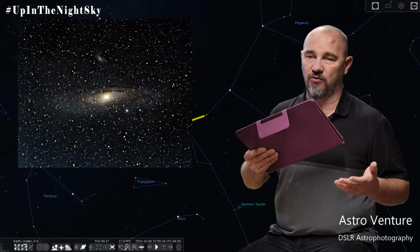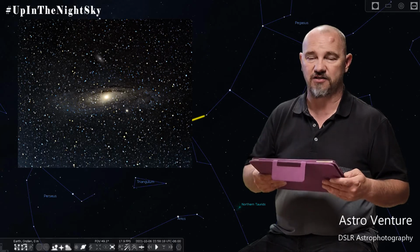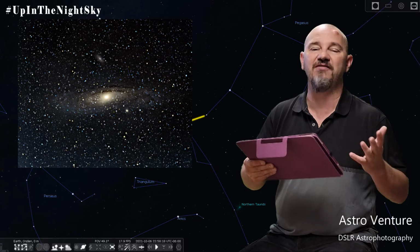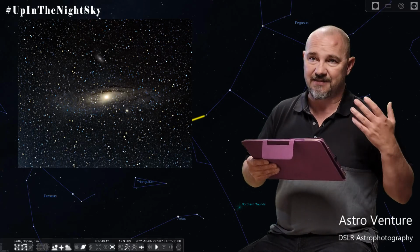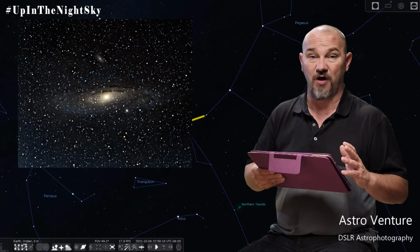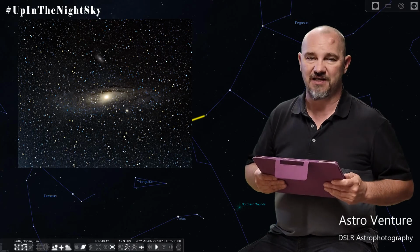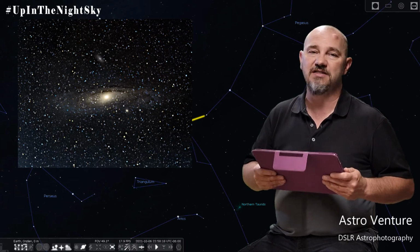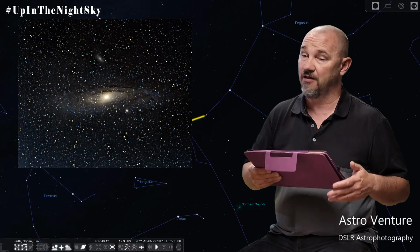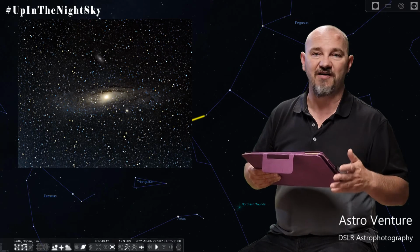You've shot your photo images, your flats, your flat darks, your bias, your dark images. You have everything that you need. It's in good sharp focus. You stack it in Deep Sky Stacker. And while this is a lot of work, I'm still going to put that at about 25% because honestly, all of these images that you see for myself or anybody else concerning galaxies, nebulas, the Milky Way, about 25% is